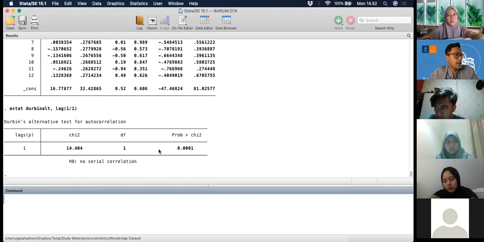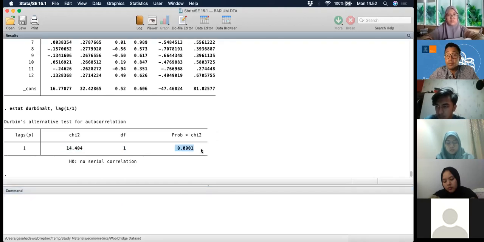Okay, and then just by looking at the p-value, you can conclude that you reject the null hypothesis. And if you reject the null hypothesis, then there is evidence of AR(1) serial correlation. Now, if you have AR(1) serial correlation, then one of the solutions that you can use is